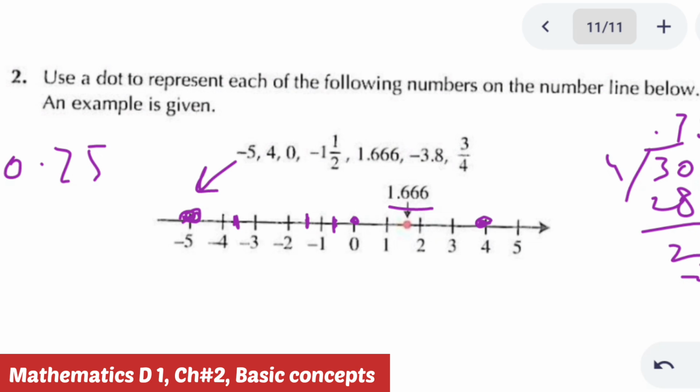So in this lecture we learned the concept of positive numbers, negative numbers, positive integers, negative integers, and the concept of the number line, and how the numbers can be arranged in ascending or descending order. All these concepts will be used in this chapter of the book D1. Now in the next lecture we will start our exercise. So please go through these concepts. If you feel any problem, you can ask me